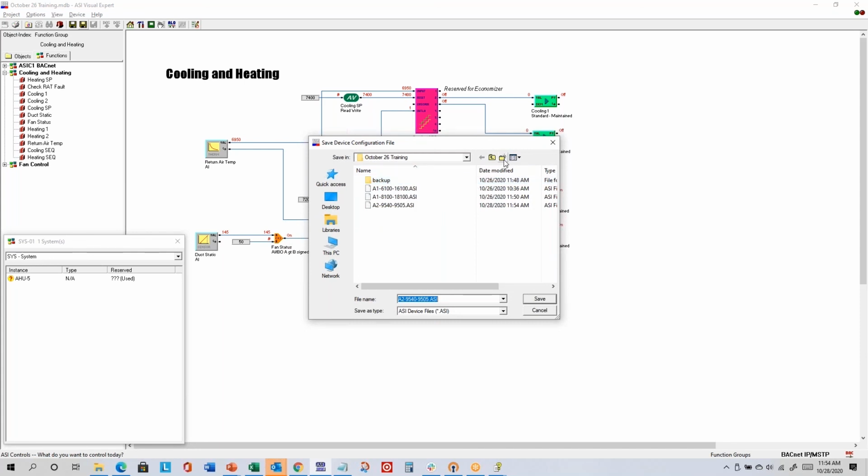If you want to create a folder, you can click the little new folder icon that has a little star on it. I'll just go into backup. You could give it a more descriptive name. I tend to just leave the default name. A2 means it's a programmable controller. 9540 is the model number. 9505 is the ASI